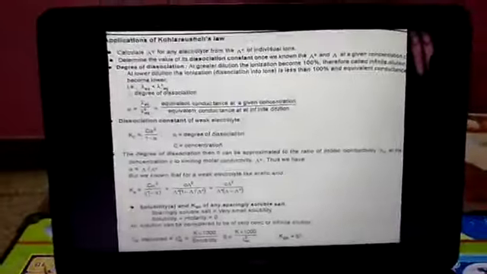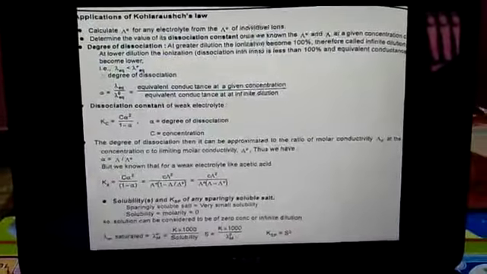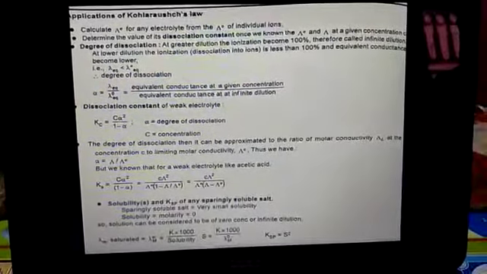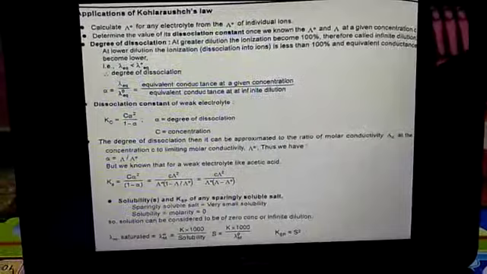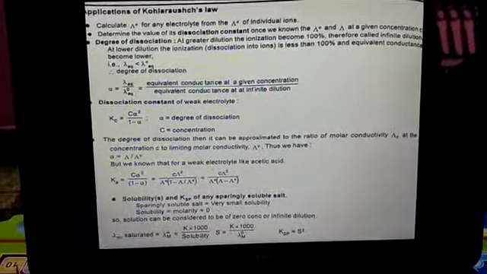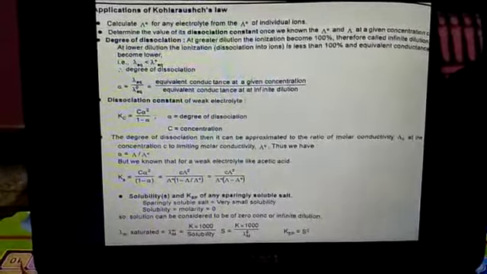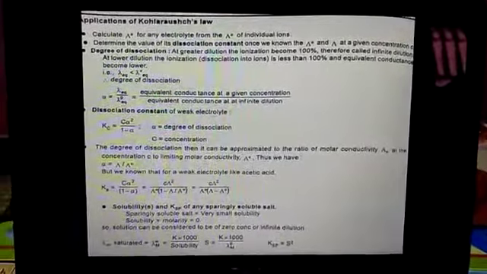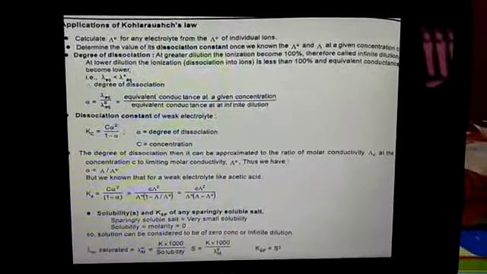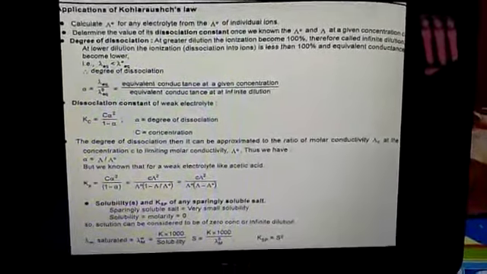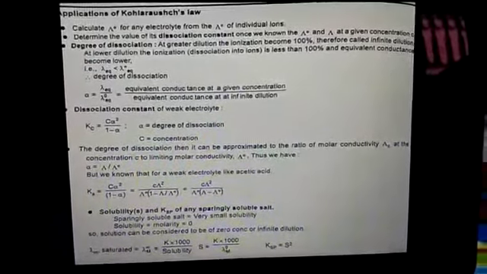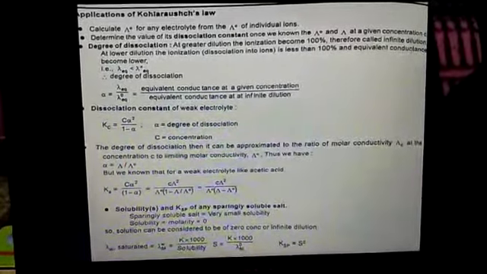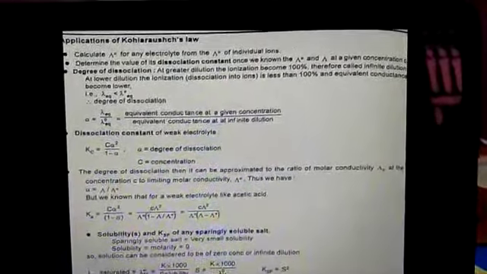First, it is used to determine the molar conductivity of a weak electrolyte by using strong electrolytes. Suppose we want to determine the molar conductivity of the weak electrolyte acetic acid at infinite dilution, so we have to select certain strong electrolytes. On addition or subtraction of their molar conductivities of the different respective ions at infinite dilution, we are able to determine the molar conductivity of acetic acid at infinite dilution. For example, here we are taking the 3 electrolytes. First is ammonium hydroxide.